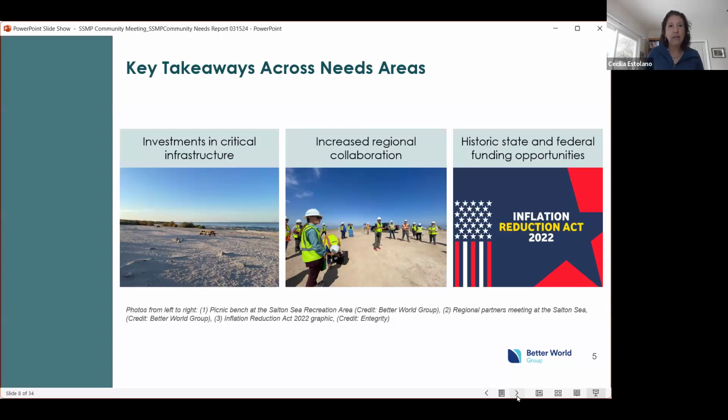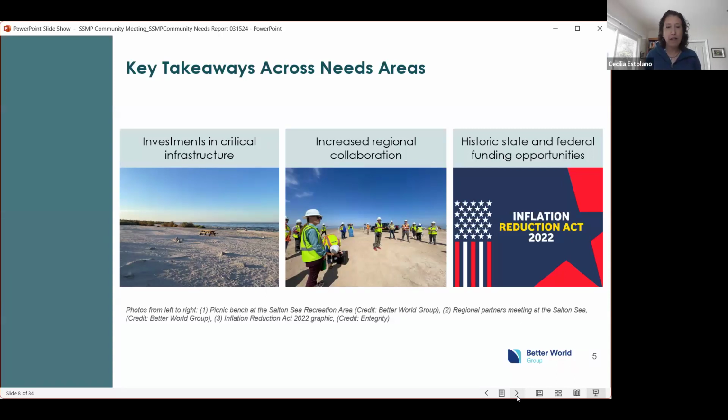These are communities that need significant investment in critical infrastructure, things including safe and reliable drinking water, hospitals and public health resources, extreme heat mitigation and community protections, broadband internet. It ran the gamut, but significant investment needs to be made in critical infrastructure to improve the well-being in this community.